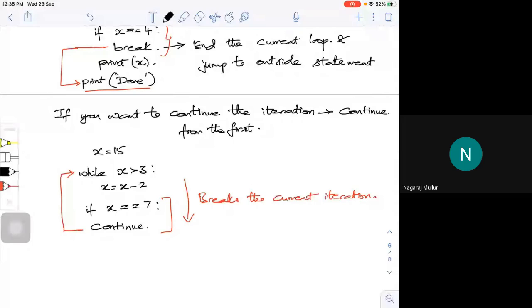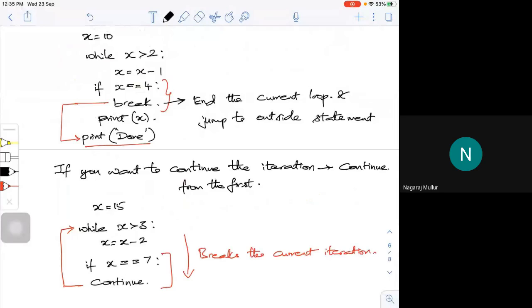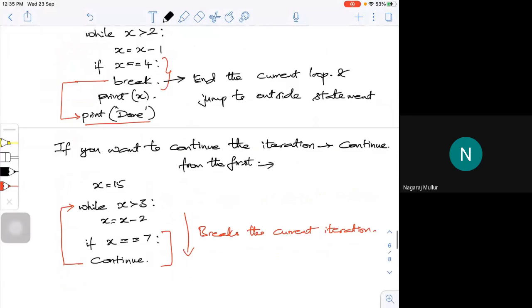A continue statement will break the current iteration and go to the first line. So this is the major difference: a break statement comes out, while the continue statement goes to the first line and starts the next iteration.